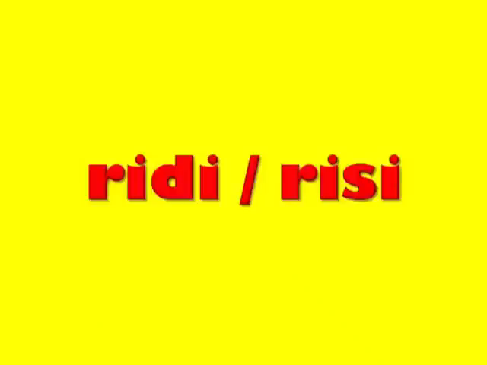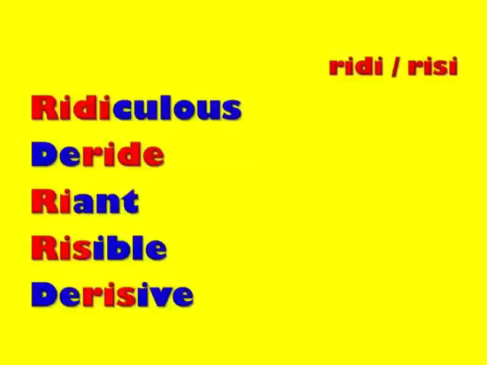The next root word on our list comes in the form of ridi or rizi. Thinking of some root words or words in English that contain this root word, see if you can come up with any and write them down. Do that now. Here are some words that contain the root word ridi or rizi. Looking at these words or any other words you may have come up with, try to think of what the most likely meaning of ridi or rizi could be. Do that now.